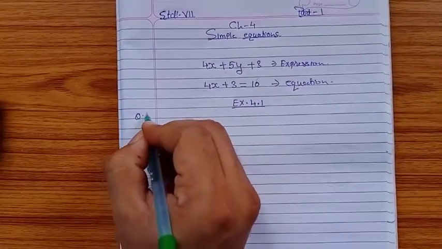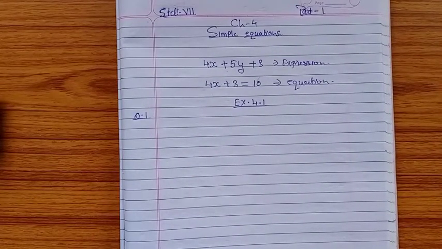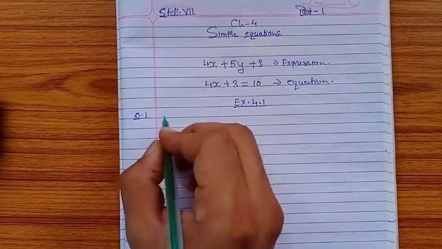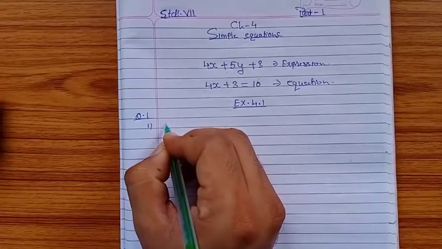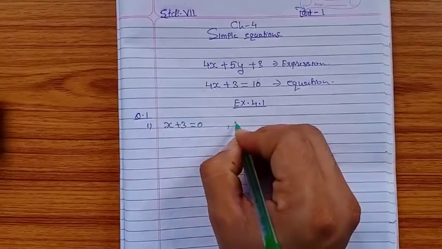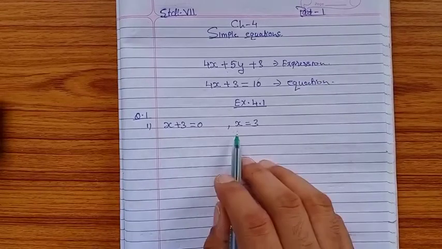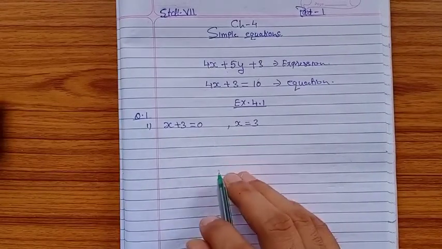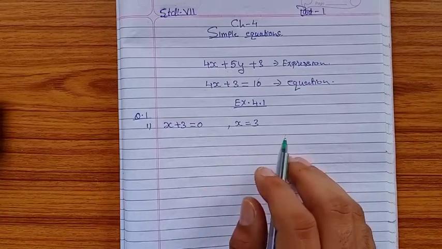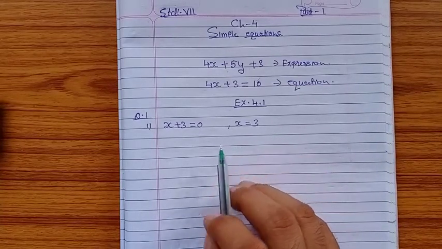In 4.1, the first question is given, in which an equation is given and the value of the variable is given, which is to be used. Like for example, the first one, it's x plus 3 is equal to 0, where the value of x given is 3. That is the first question. No need to draw the table, we will solve it in this manner only. And in the next column it is given to say whether the equation is satisfied.